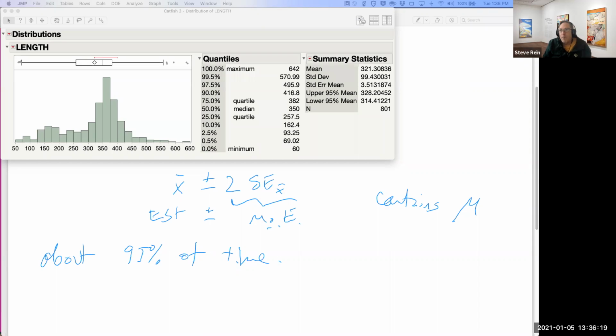If I therefore go up and down about twice sigma over root n from the sample estimate of X bar, I should be capturing mu 95% of the time. Well, the same thing works with standard errors. The standard error is S over root n. So here is our method called the confidence interval. Let's go with a rectangle. Here is an approximate 95% confidence interval